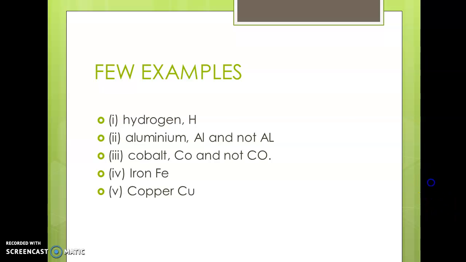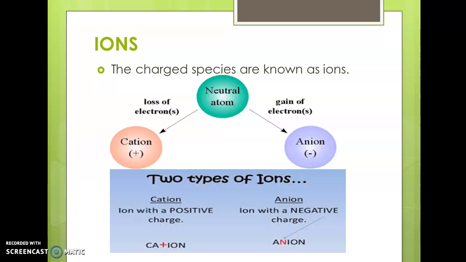Now, what is an ion? Ions are charged species. As we all know, an atom is neutral. Ions carry charges. How do they carry charges? We cannot remove protons. We can only play with electrons. They can either be removed or added. So there are two kinds of ions, cation and anion. You can see a symbol here: for a cation, one positive sign is used. So positive ions are called cations and negative ions are called anions.